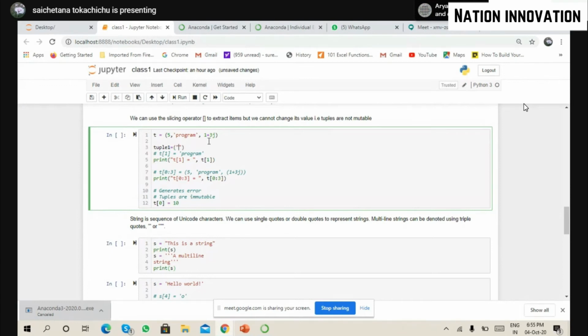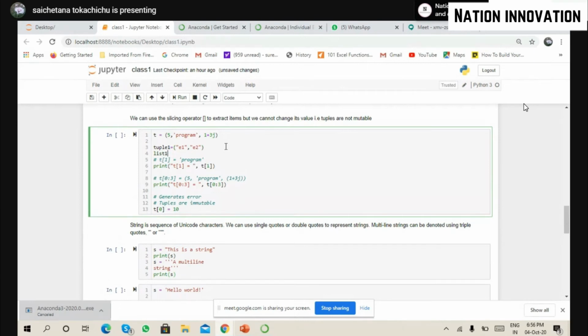I have element one. I have element two. Okay, and comma in between. Yeah. So and my list. What does my list have? List is a square bracket of element one and element two.